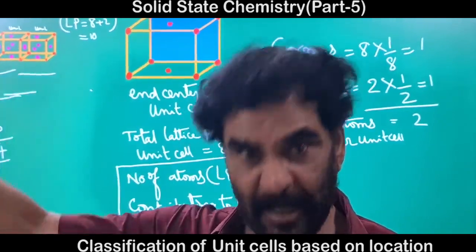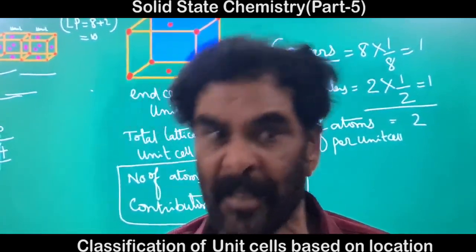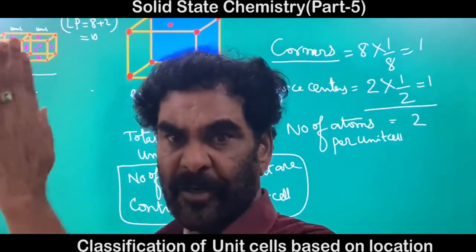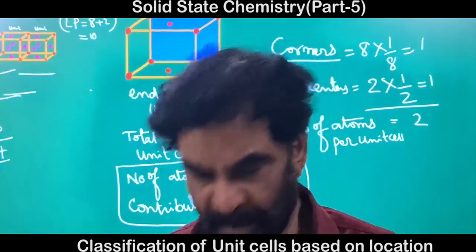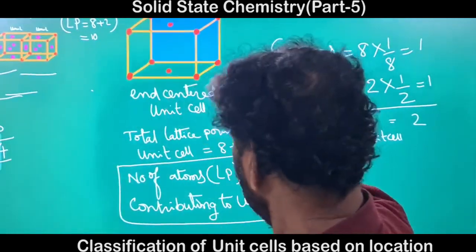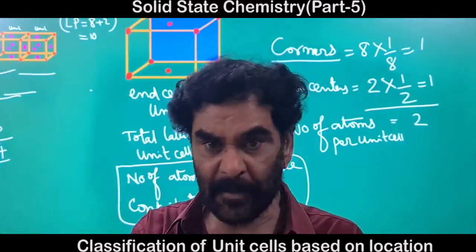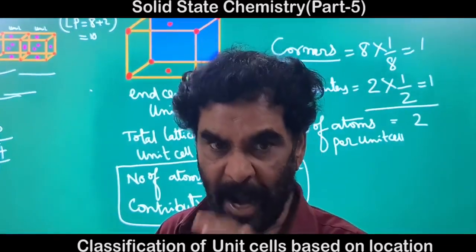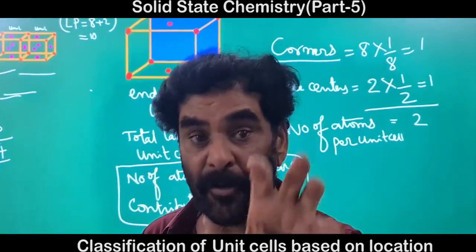Because in these 3 unit cells, some lattice point is present at the center of the face or center of the unit cell. So body centered, face centered and end centered unit cells come under the category of centered unit cells. I have taken models of all 4 types of unit cells and explained the properties: in each, how many lattice points are involved and the number of atoms or lattice points contributing.